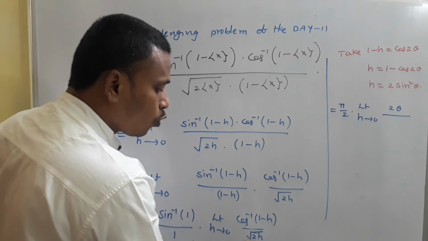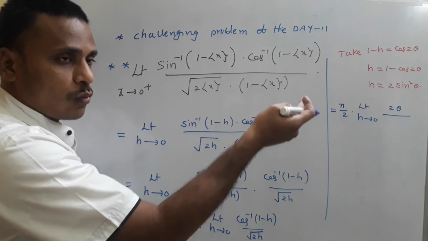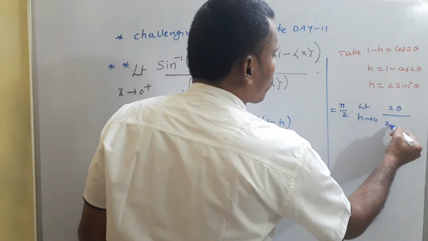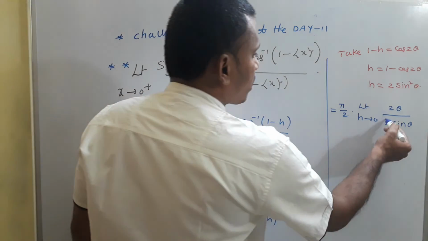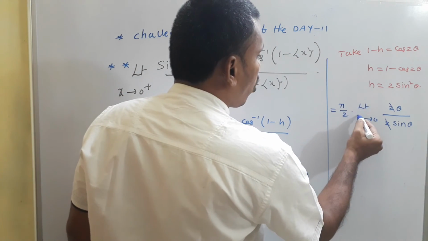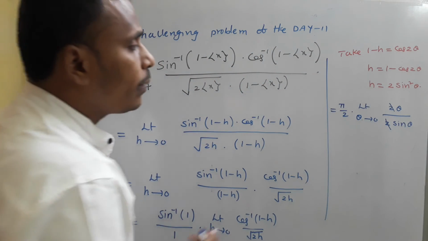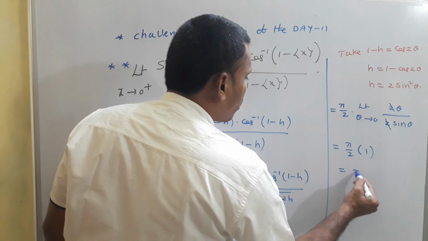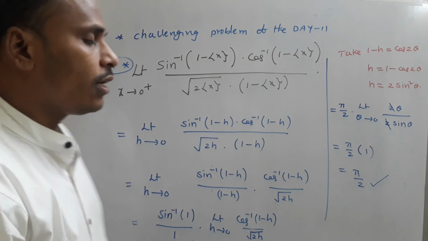Whereas in the denominator we have root 2h. So h is this 2 sine square theta. Under the root 2 into that 2 sine square theta. So we have two 2's as well, sine square theta in the square root. So to remove that square root, you will get it as 2 sine theta. And when you cancel out this 2 and this 2, theta by sine theta, as theta tending to 0 here, because as h is tending to 0, cos 2 theta is 1 and so theta tending to 0. So limit theta tending to 0, this theta by sine theta value is 1. So pi by 2 into 1 is equals to pi by 2. So at the end, the solution for this particular problem is pi by 2.